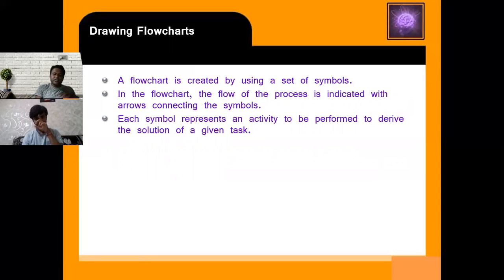It's just like when you are moving on a highway. If there is a hump, it shows you the signal of a hump. If it is a school area, it shows you the symbol of a boy and a girl walking with a bag. If it is no entry, the symbol has a cross and says no entry. From that symbol, we come to understand what is there while moving on the highway.